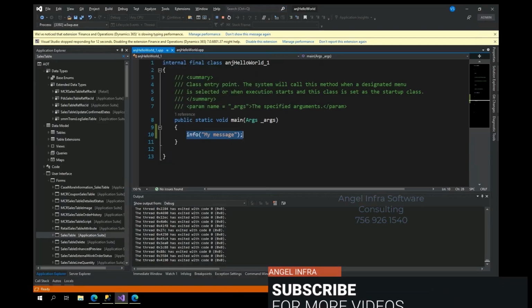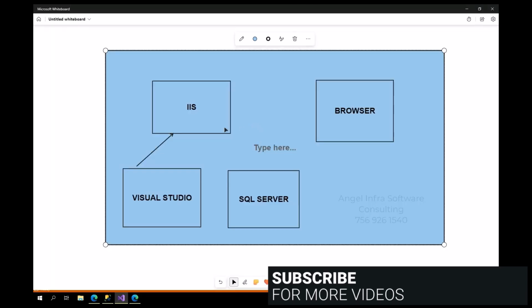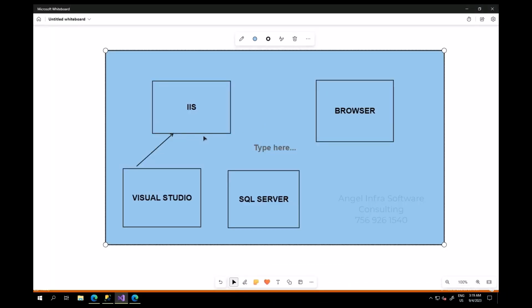In a simple sense, that's much more complicated than what I explained. It can do much more than that, but in our D365 context, when you build your project, it is being deployed into IIS. Okay, and just see the logical flow. It's beautiful. When the browser sends request to IIS, browser sends request to IIS, and IIS